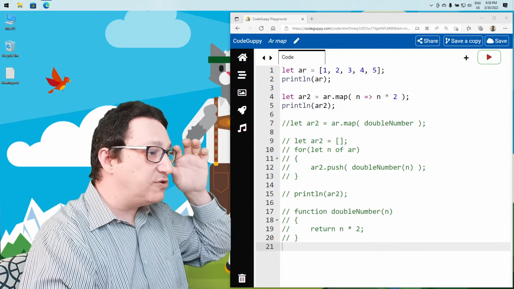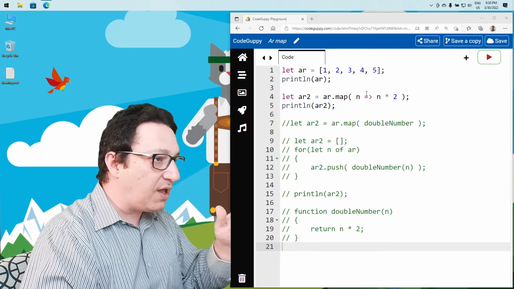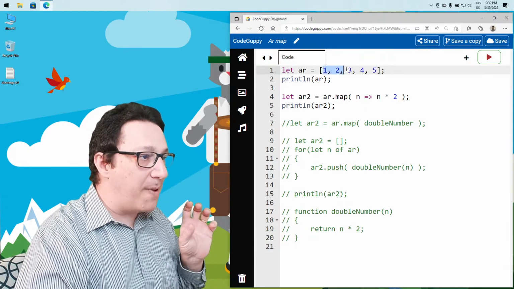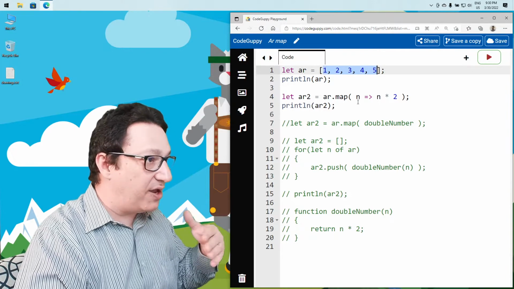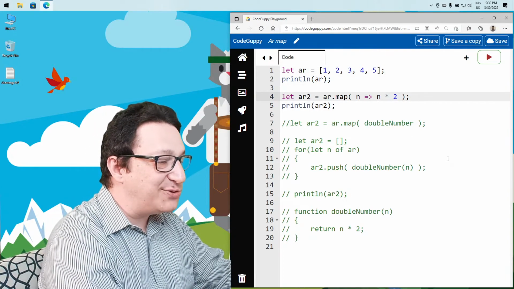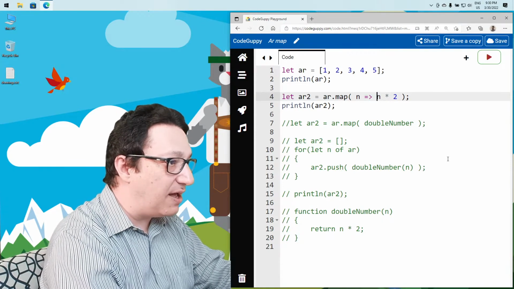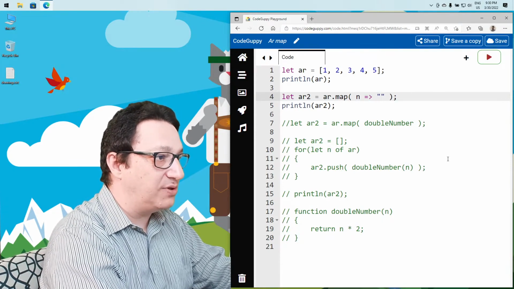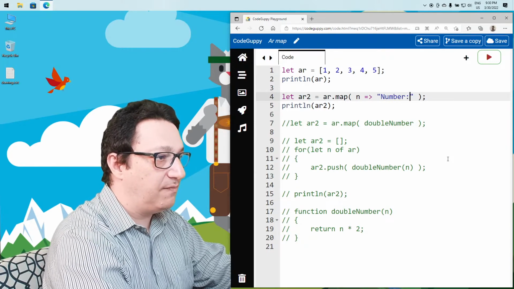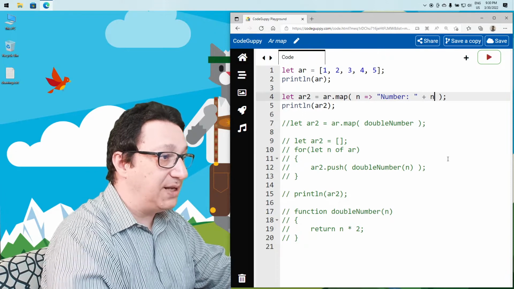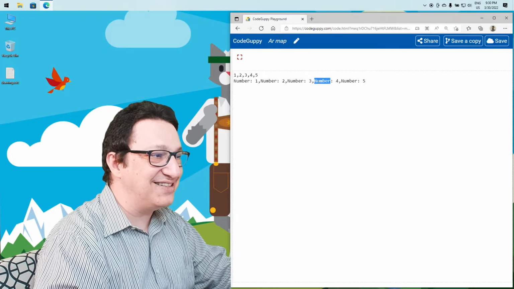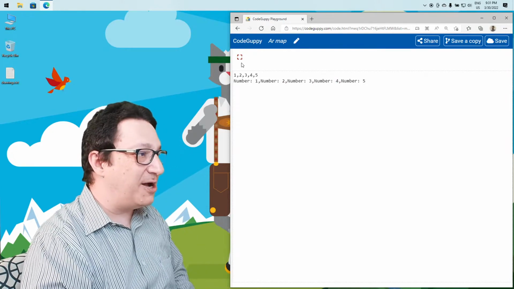And you know, we can do all sorts of mapping actually, and it's pretty common in some libraries to map from numbers to strings perhaps, and we can do that as well. So instead of this one, perhaps you want to map the numbers instead of doubling. Perhaps you want to name the number into something like this, number plus n. And if we run it, see the new array has this new strings in front, but all elements